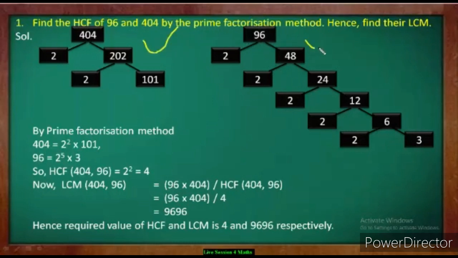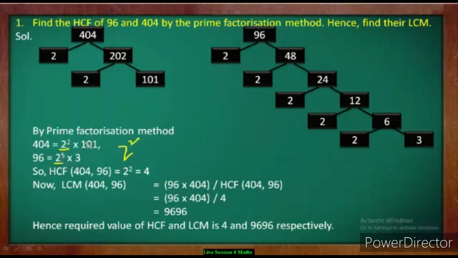Okay, it is important. In your examination you have to make this tree diagram while solving the problem. The same way you will solve. You will just learn to solve the same way. Okay. Now here, the HCF of these two numbers. HCF is what? The highest factor which is common. So what is the factor here? Here factor 2, 2 times. Here 2, 5 times. So what is common? 2, 2 times is common.